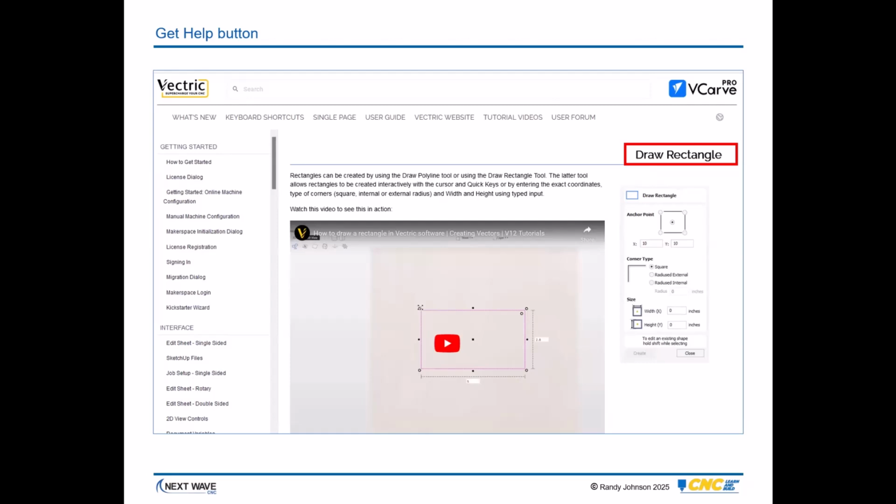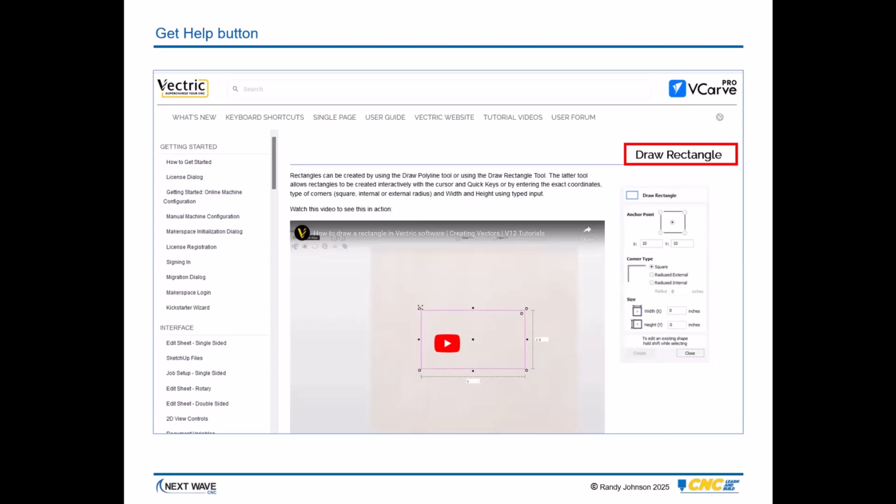Now, I find that some people find this really helpful because what they give you there is a very nuts and bolts description of what the Draw Rectangle tool does. Some of the information people find isn't as helpful as they need for their specific situation. So I usually hear pros and cons from people on it, but